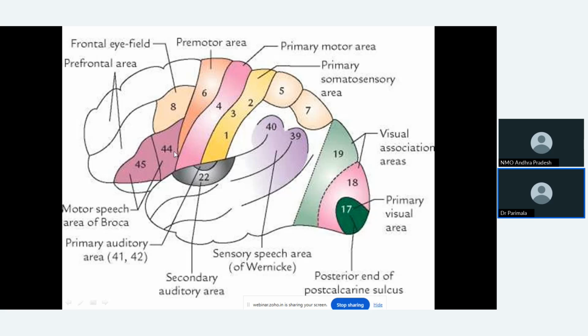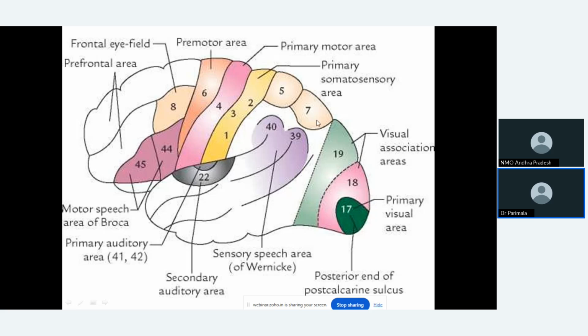That's all. Now come to the sensory, tactile, speech areas, touch related, sensation related. You can start with 3 to remember well. This is 4, so start with 3. 3, 1, 2, you can remember like that. 3, 1, 2 is the primary somatosensory area, concerned with perception of the touch. That means you feel that something is touching you.